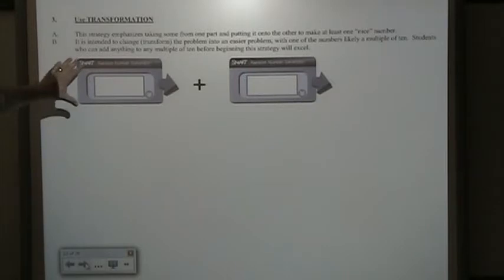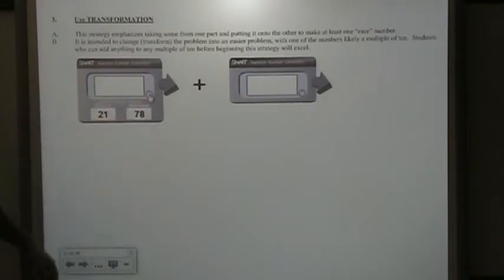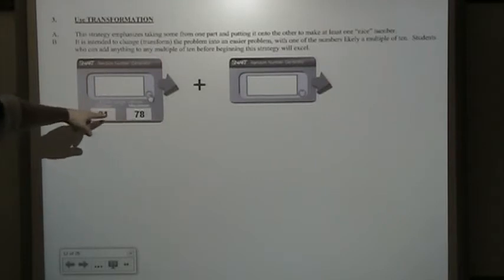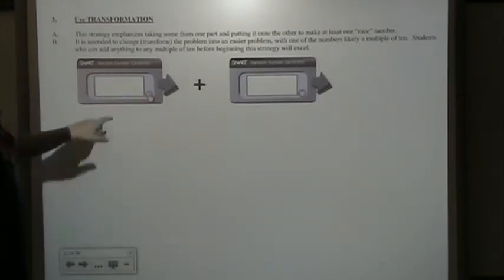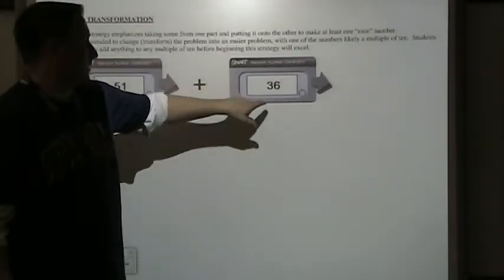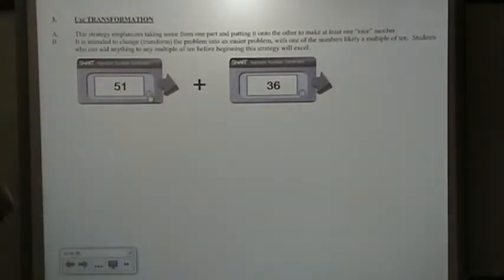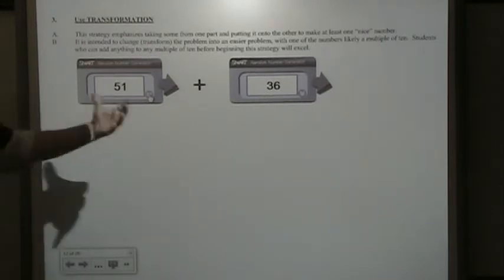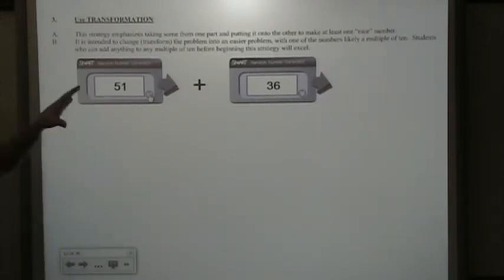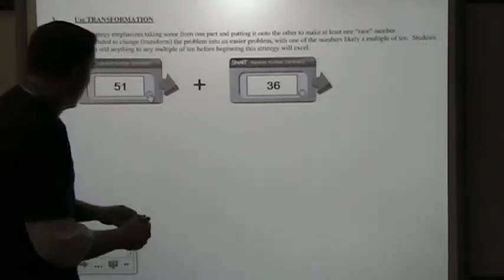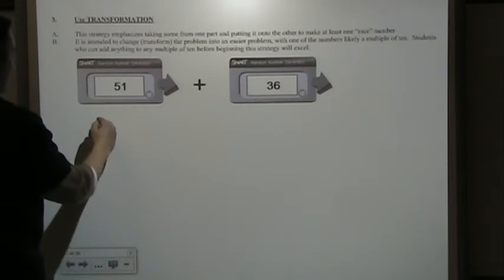So I put some random number generators and I set them both for a little higher numbers. I didn't want to go too low, so 21 to 78. Didn't want to go too high, so I didn't want to go over 100 if I can help it. And so 51, okay, so 51 plus 36. Now, students may not be able to do this in their head, but another strategy you can do is to have them take some, and I'll write this down, so 51